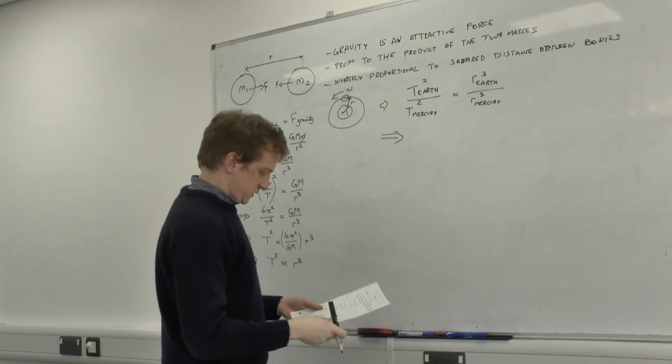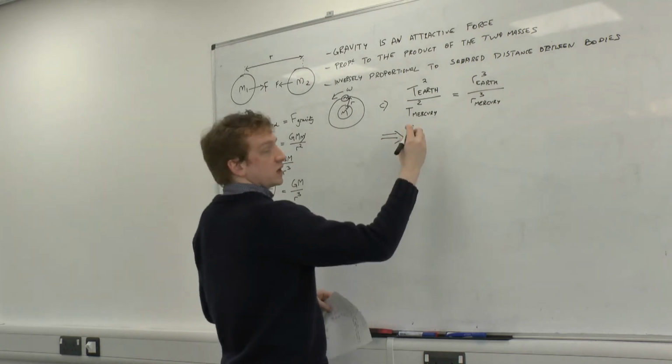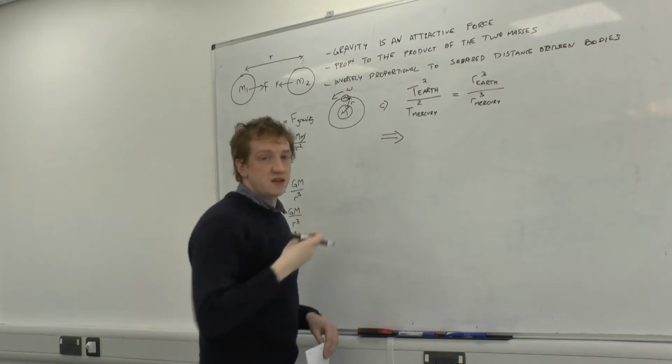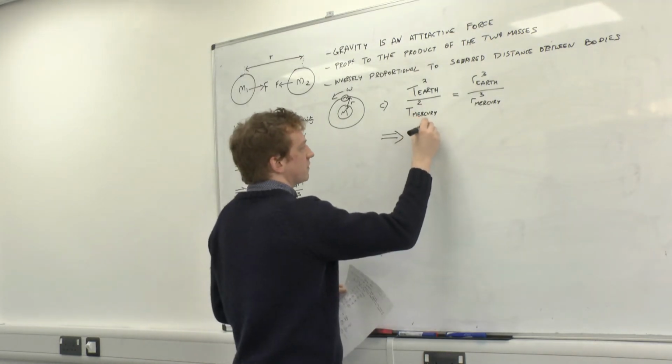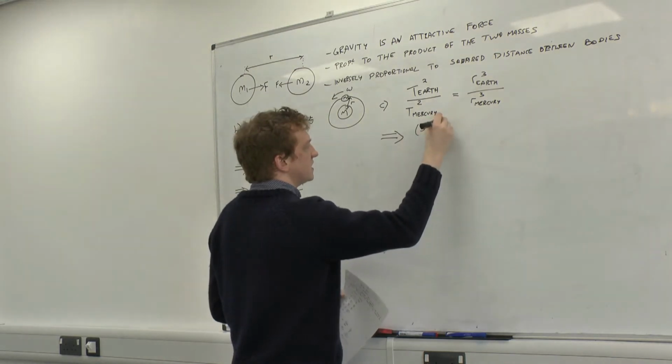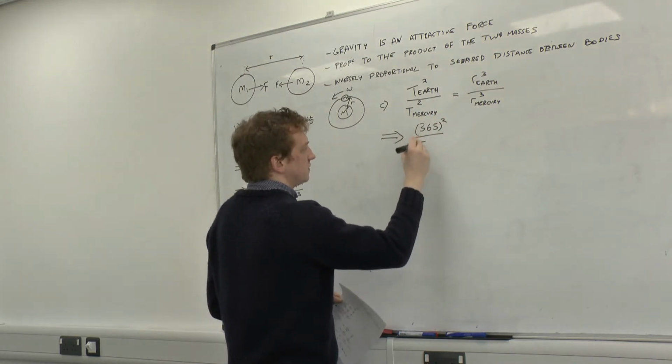So what this means is that if we measure time in days and orbital distance in meters, we have 365 days squared divided by